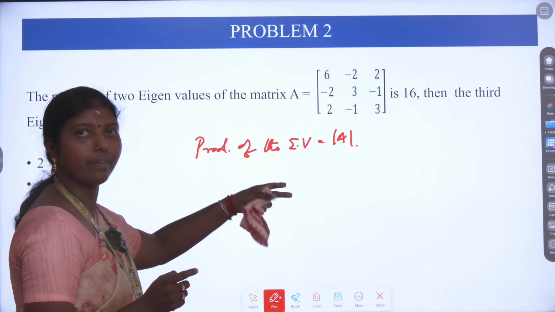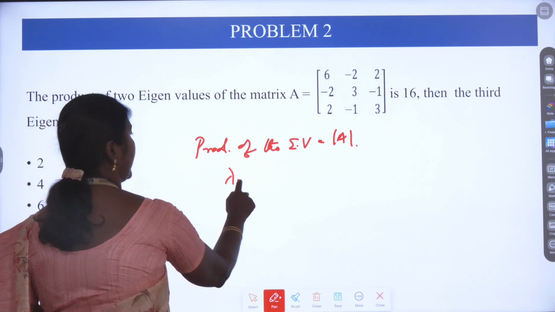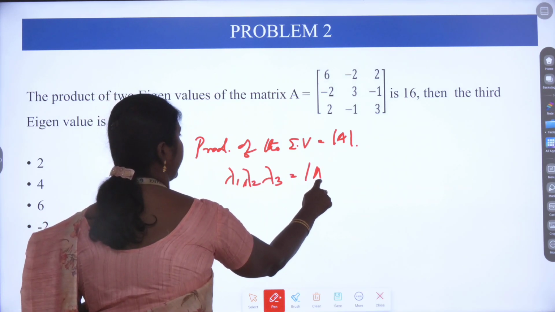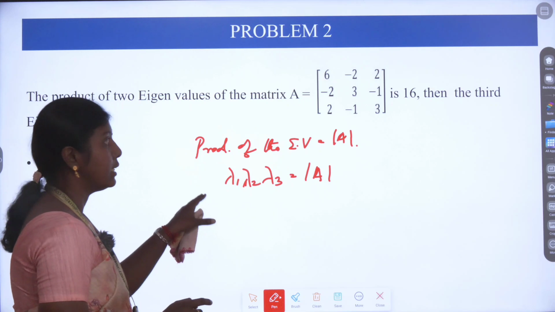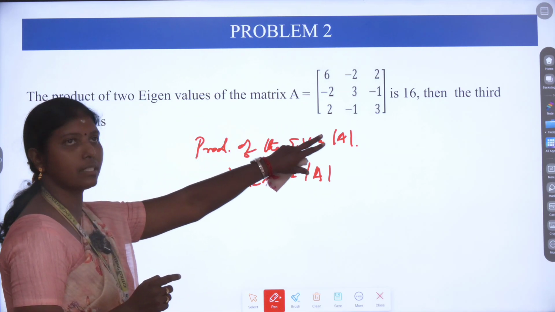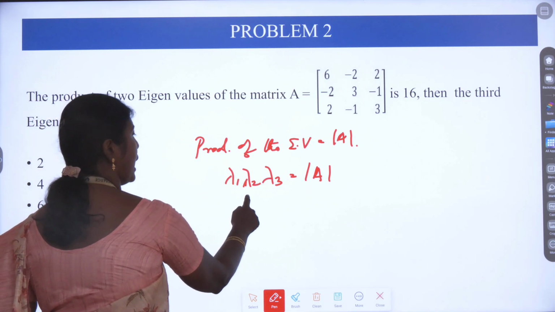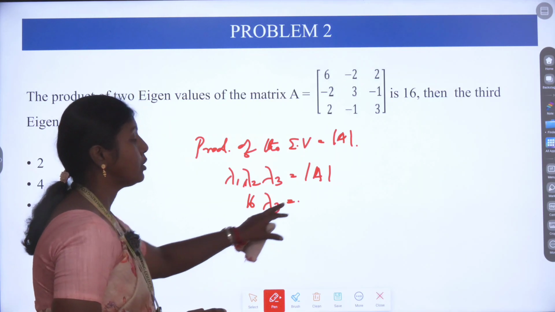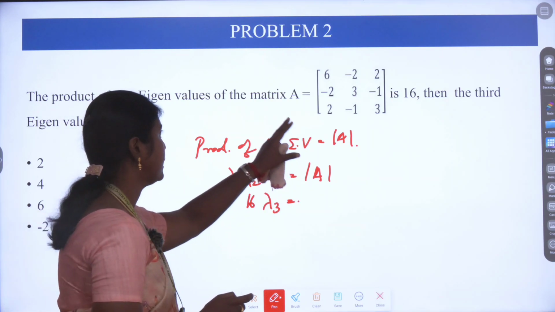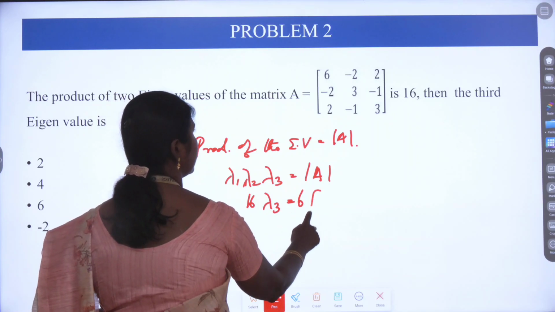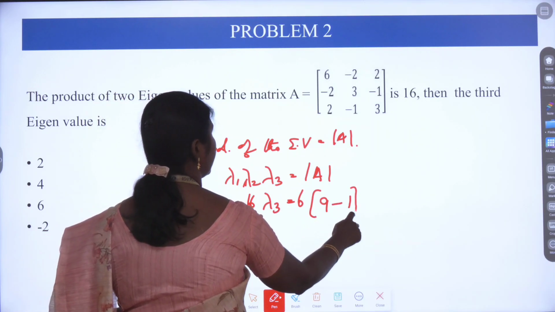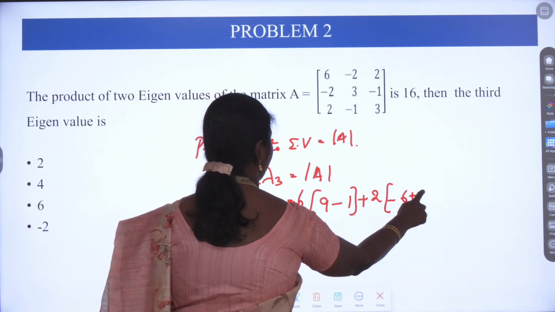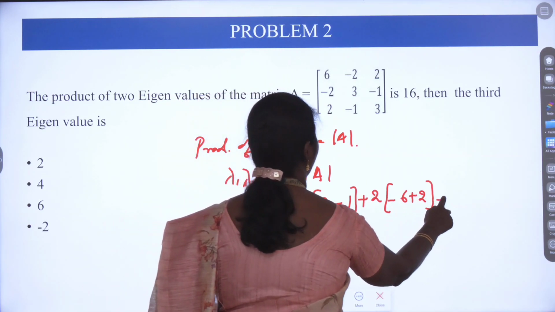So the product of the eigenvalues, which we are choosing as lambda 1, lambda 2, lambda 3, is equal to the determinant of A. Now the given condition is that the product of two eigenvalues is 16, that is lambda 1 into lambda 2 is 16, into lambda 3, which is equal to the determinant of the matrix. So that is 6 times (9 minus 1), plus 2 times (minus 6 plus 2),